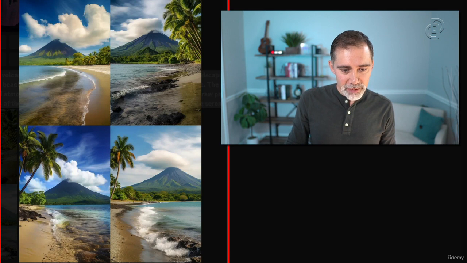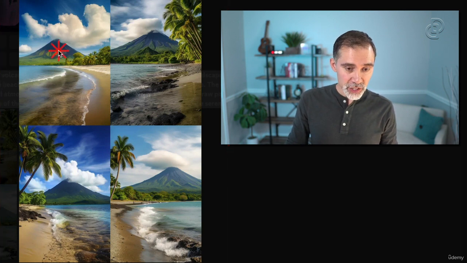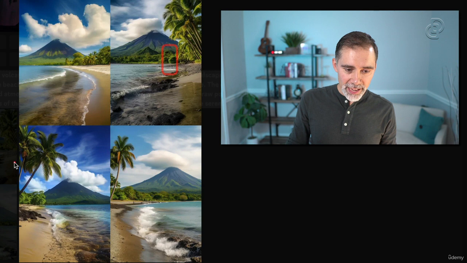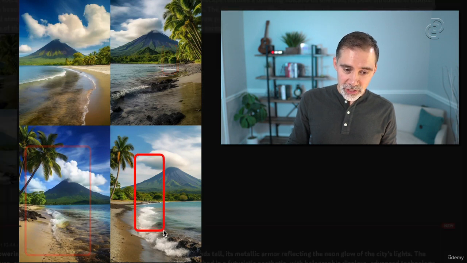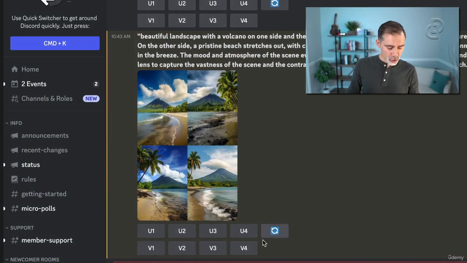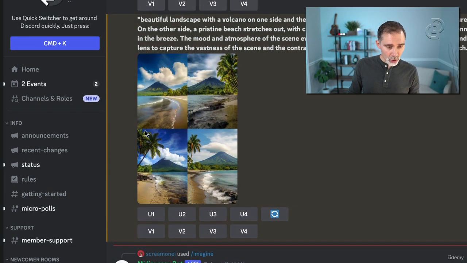So here we have the images. This is version 1, version 2, version 3, and version 4. My favorite, I like version 2, I like version 3, and also version 4. They are all beautiful. So if I go back here to the prompt, you see that below the images,